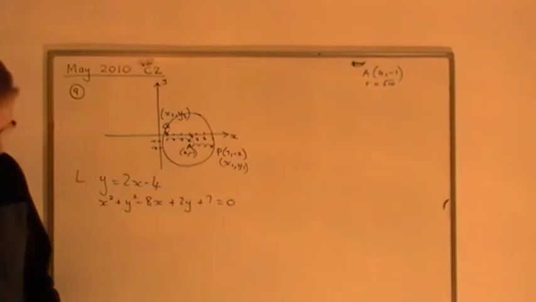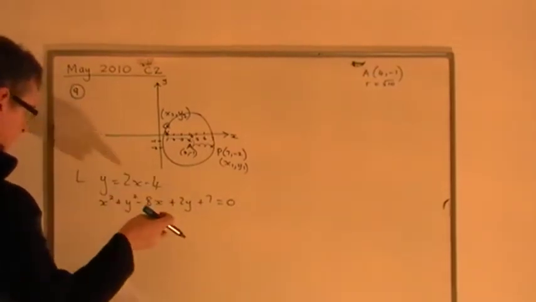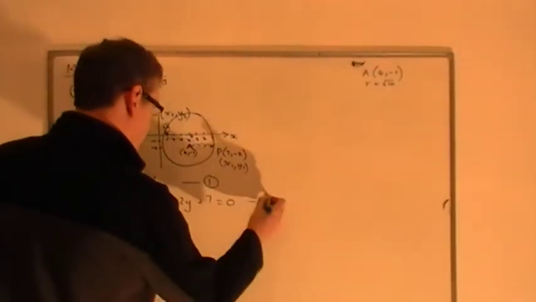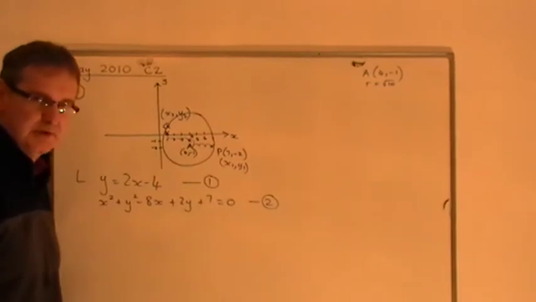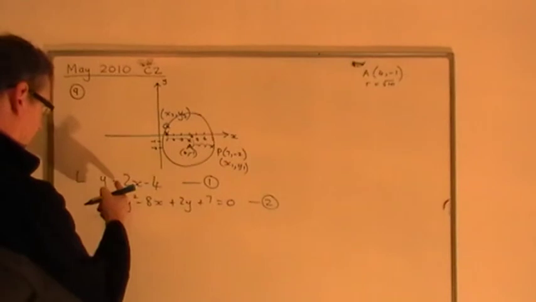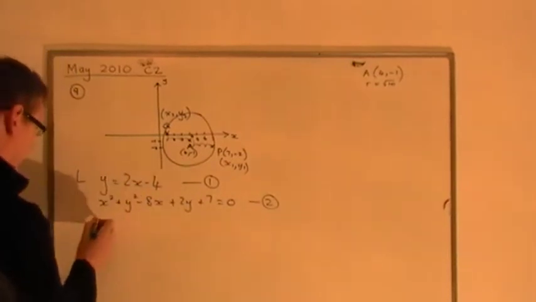Okay, if you want to find the points of intersection between that straight line L and the circle, call that equation 1, call that equation 2, and you simply solve 1 and 2 simultaneously. Well, 1 is the linear equation, and it's already in the correct format. So all you've got to do is substitute 1